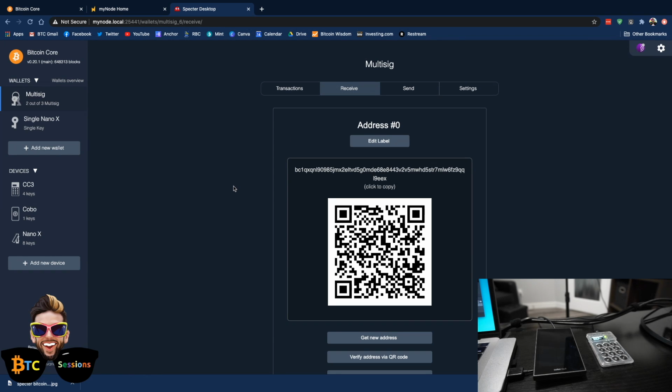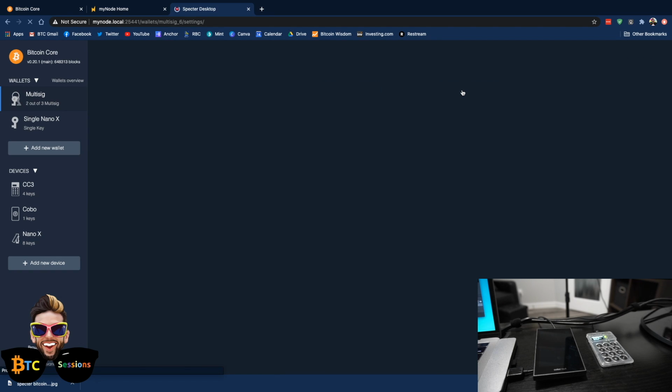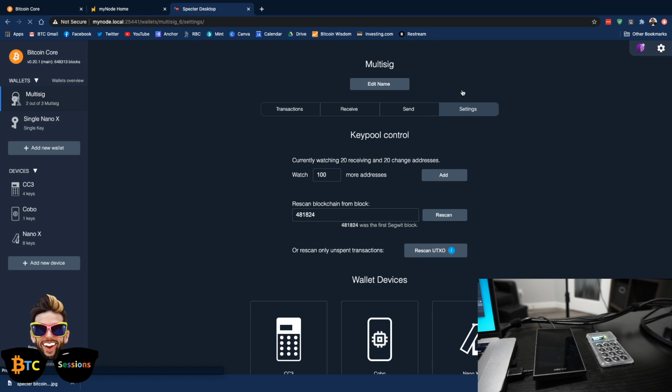We have a couple things to do, because in order to be able to actually sign and approve transactions with the Cobo Vault and the Coldcard, because these aren't connected to the computer and can't see the wallets that I'm creating with the 3 of them combined, we need to export that information to these air-gapped wallets. So the way we're going to do that is we're going to head over to the settings tab here. And so first, I suppose we will deal with the,